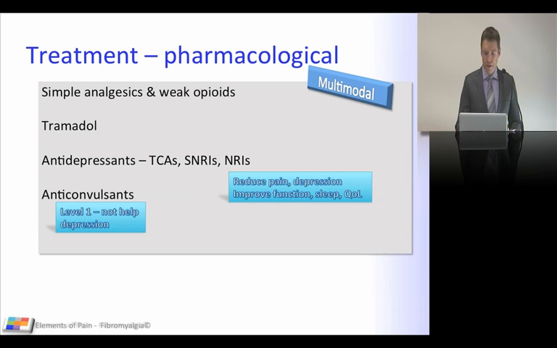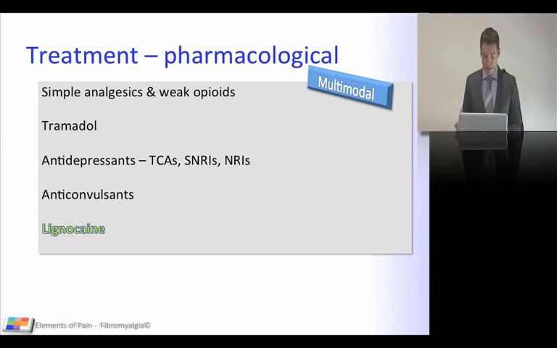Interesting, I found an article on lignocaine where a one-off dose of 5 to 7 milligrams per kilogram shows some benefits, or thought it could be helpful in some patients without very serious side effects. Certainly doesn't form part of my treatment algorithm. Nevertheless, it's important to know that there are some odd studies out there.